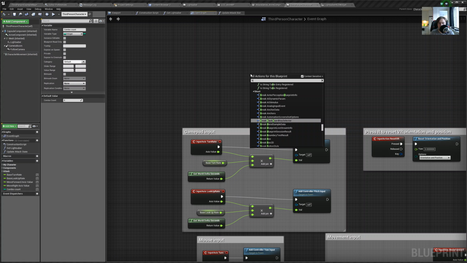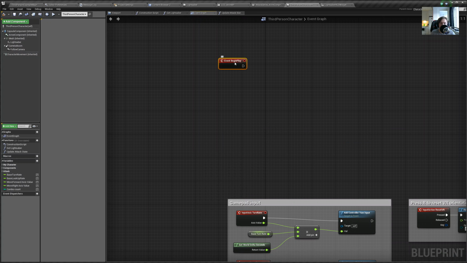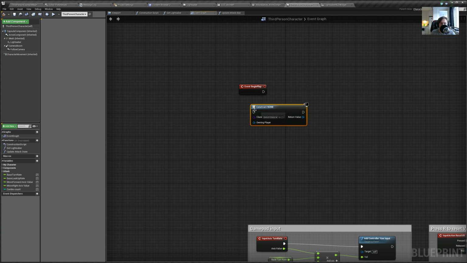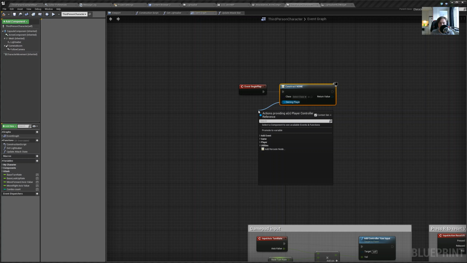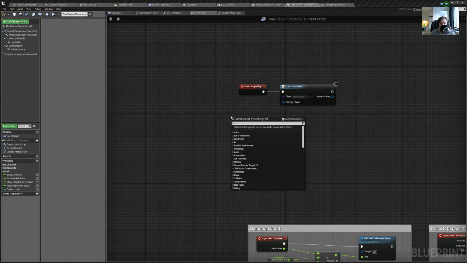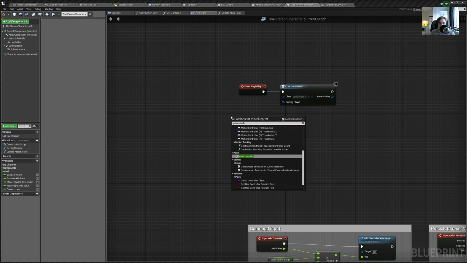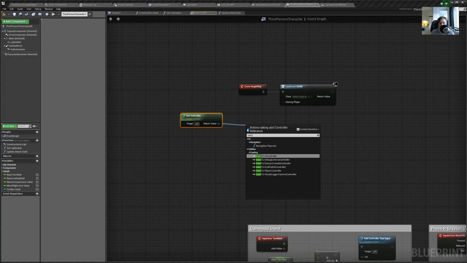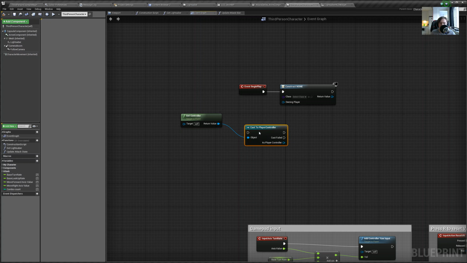Let's see, do we have begin play here? No, we don't. Great. So create widget is actually a blueprint node. Owning player is the controller, so no, that's not the way. Get controller. So this is our controller, but we need to cast it to player controller, and you can do